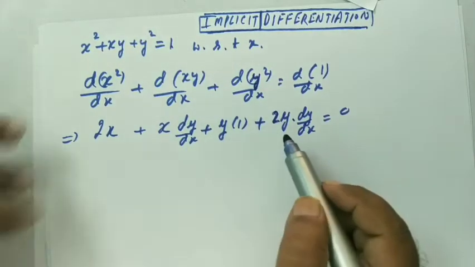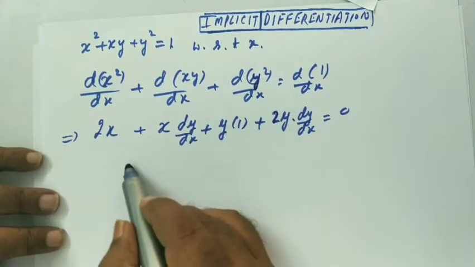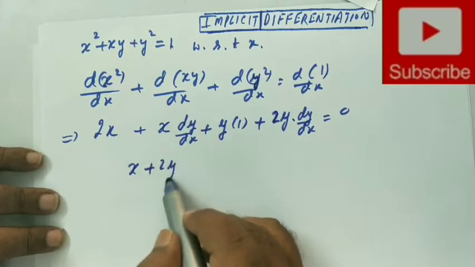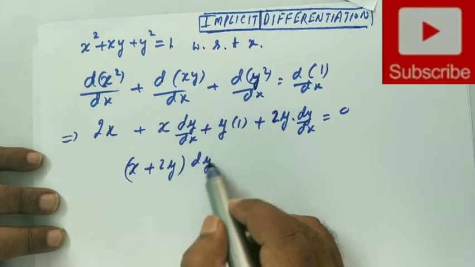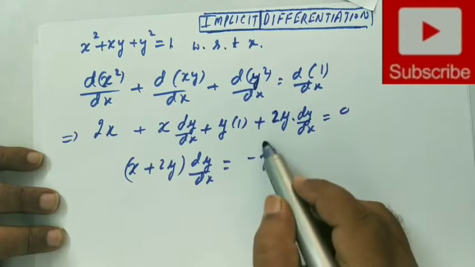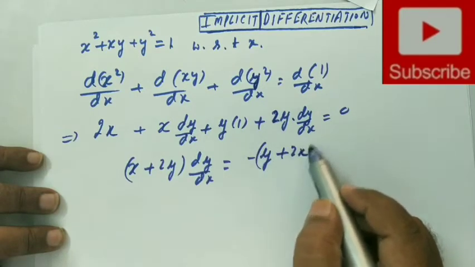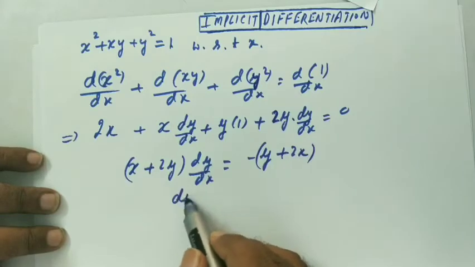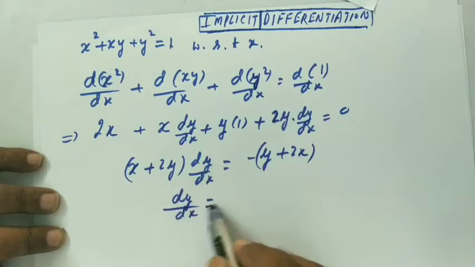Then I'm going to isolate dy by dx. All the terms containing dy by dx one side and the other terms the other side, and then I get dy by dx is